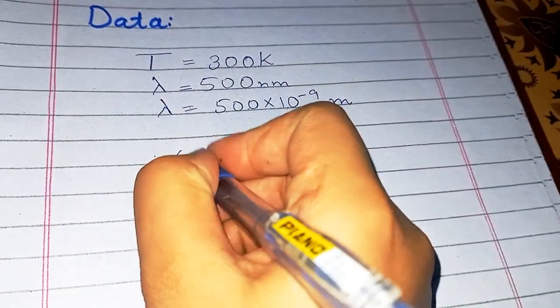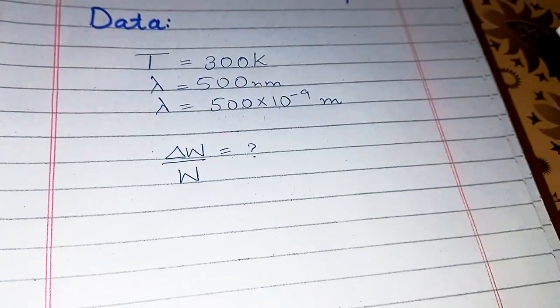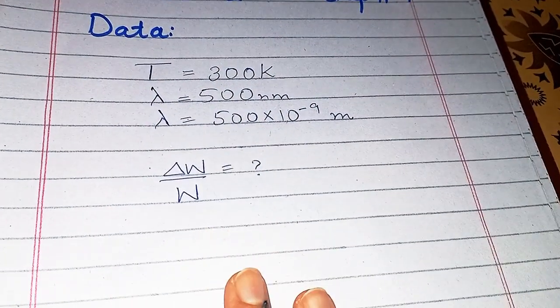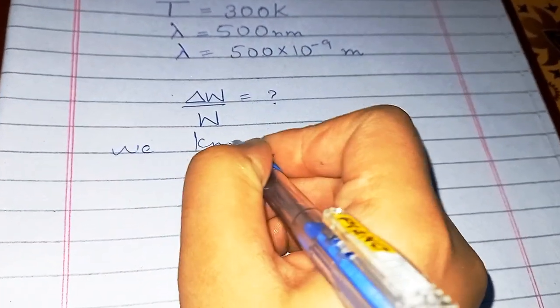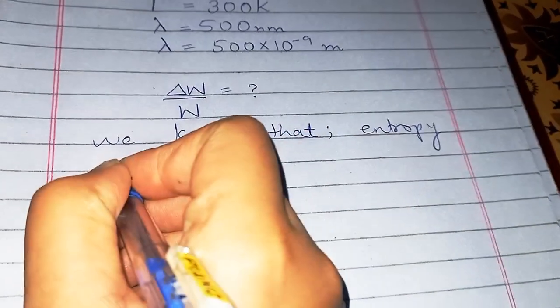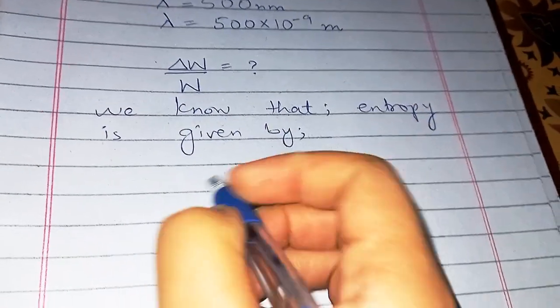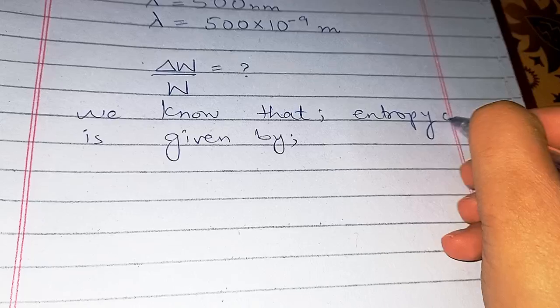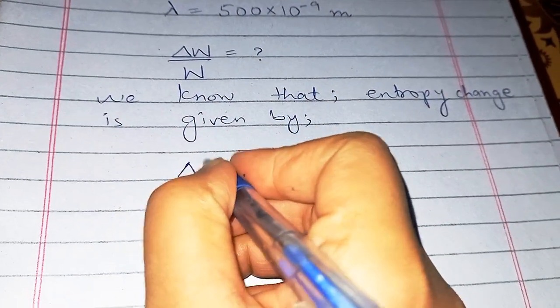And we need to calculate the relative increase in accessible states. Okay, we have to calculate the relative increase. So let's get into the solution part. We know that entropy change is given by the following formula: delta S equals